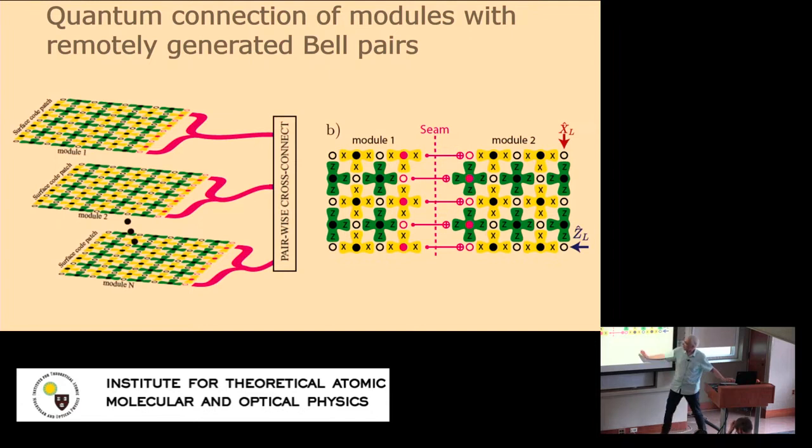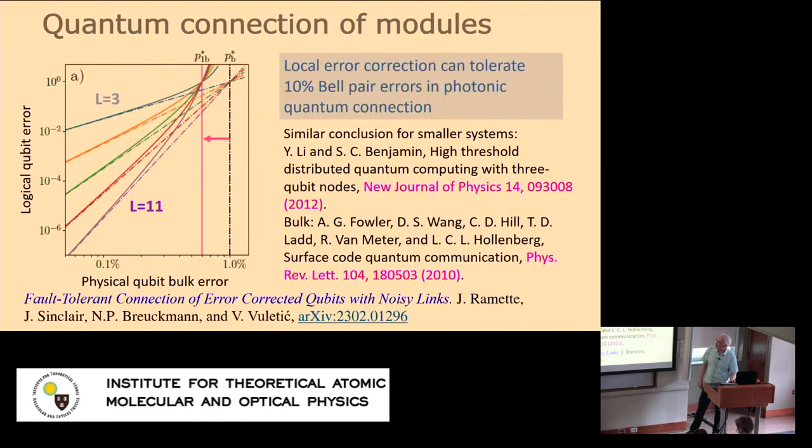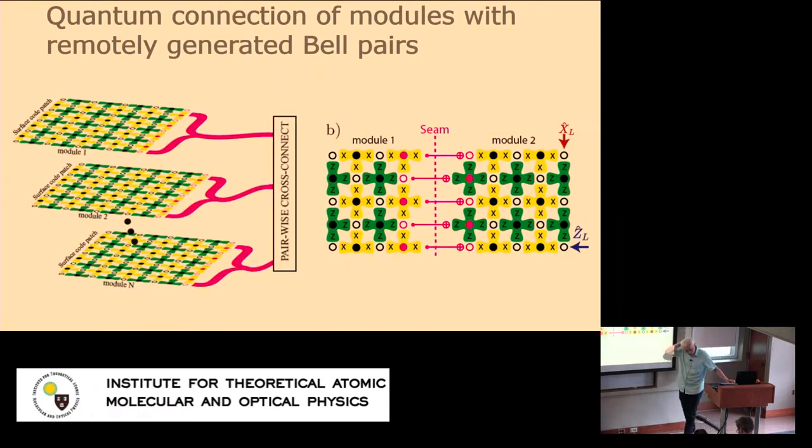woven in. And so what you would do is basically distribute a Bell pair between these two modules, and then you would, with logical error correction, fit it into this side and this and the other module, and then basically establish a true quantum connection between them. And so you can ask yourself, how good do the Bell pairs need to be?